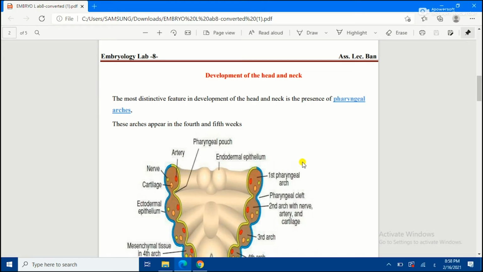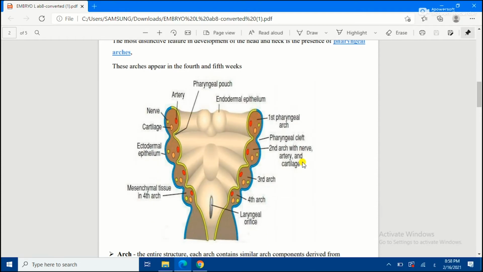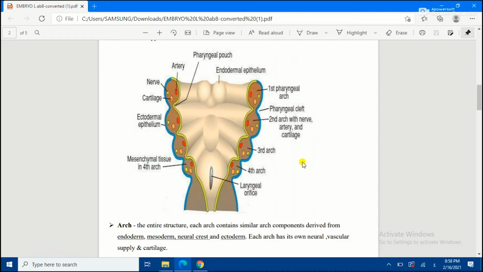So the most distinctive feature of the development of the head and neck is some structures that we call the pharyngeal arches. These structures form in the fourth and fifth weeks of development, and whenever they appear we can say that the head and neck start to form. Okay, so this figure is actually showing you